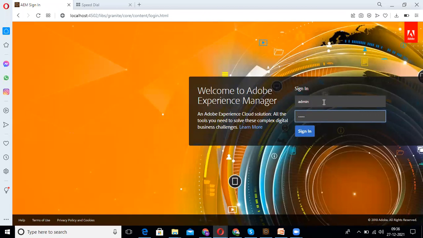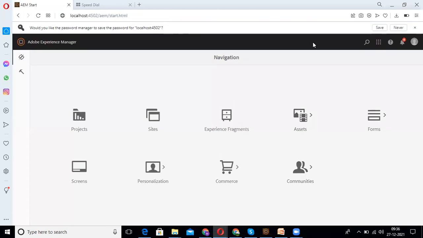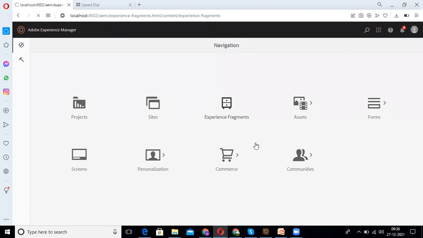We need to give username and password. After that, we can sign in. Successfully signed in to AEM. This is the navigation panel. Here you are seeing projects, sites, experience fragments, assets, all this. Now we are opening experience fragments. I'm clicking on experience fragments.